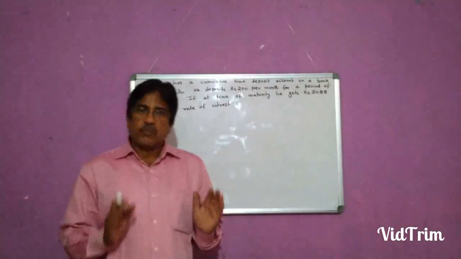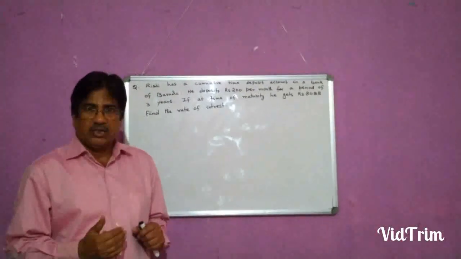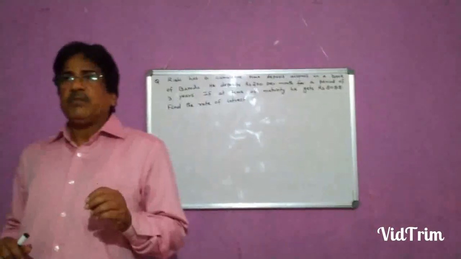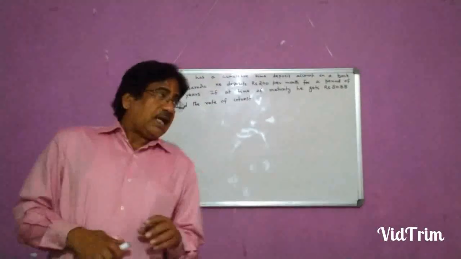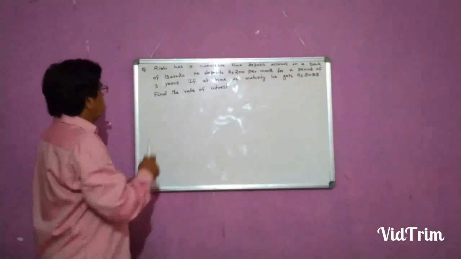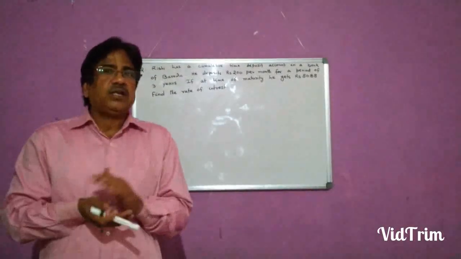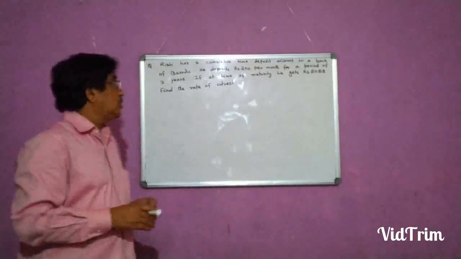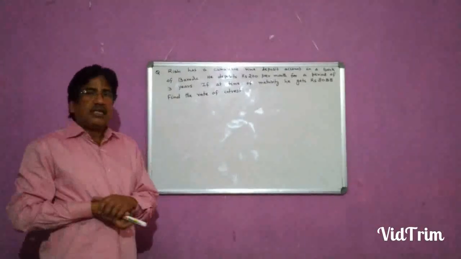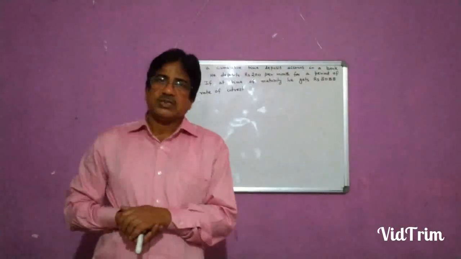Now the formula is the same, the steps are also the same. With the same steps we have to proceed, and finally we can find out the rate of interest. Now here let me tell you one thing more: the monthly deposit is given in the question, rupees 200, and the time period is given as 3 years. 3 years means 36 months. So we can very easily find out the total deposit of Rishi in the bank. You can multiply that 36 months with 200, and that will become 7200 rupees. So within those 36 months, Rishi has deposited 7200 rupees.